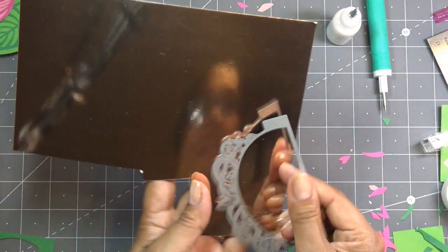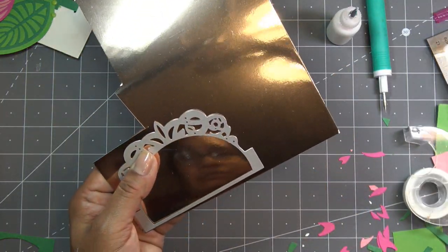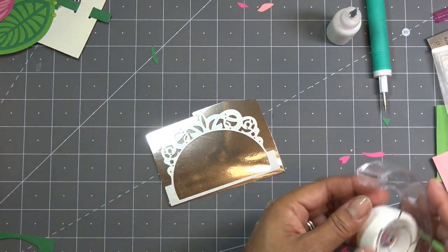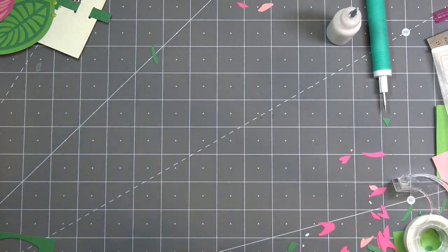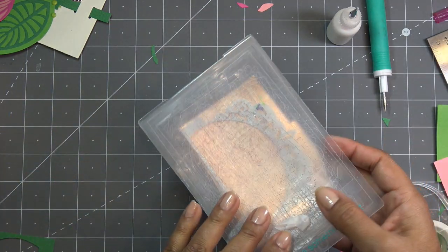Again, I'm not sure since this is out of the packaging if this is from Crafter's Companion, if it's from Spellbinders. It's just pretty bronze paper. It might even be Tonic paper because I had picked up some of theirs recently, so I'm not sure. But I'm just using this paper. And again, I can hold this. And this does have embossability in it. I'm just going to run it through, but if you want to emboss it with your Marquee, you would put some,